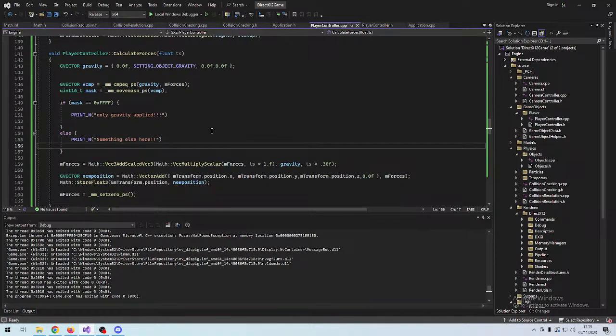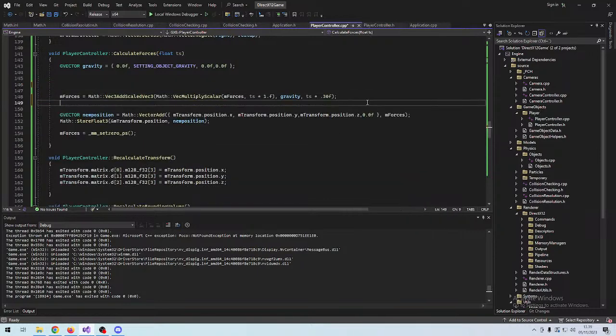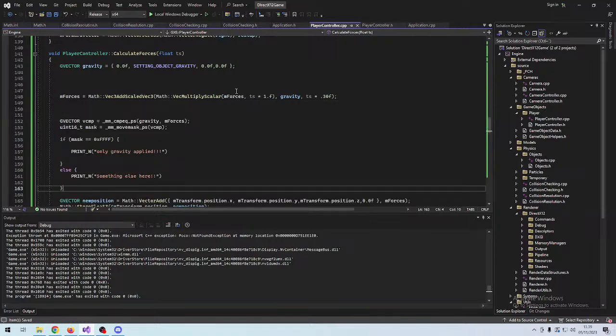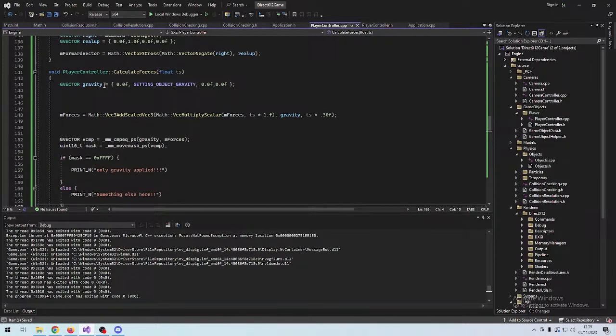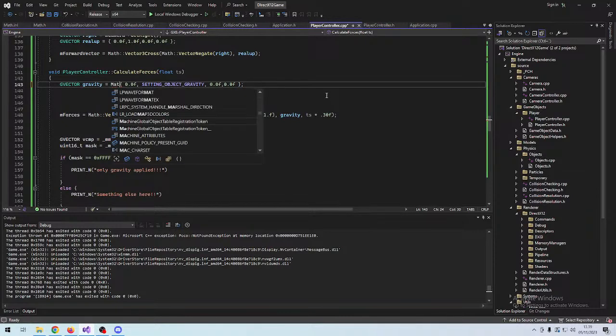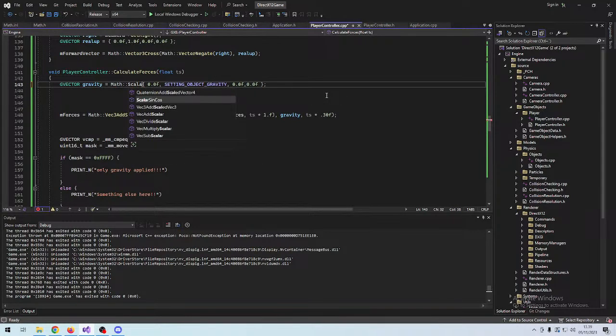This is not great. After I apply the gravity, maybe we just want to scale this beforehand,